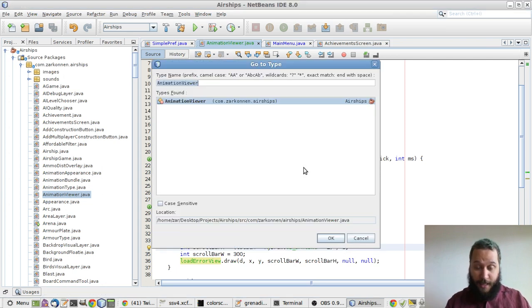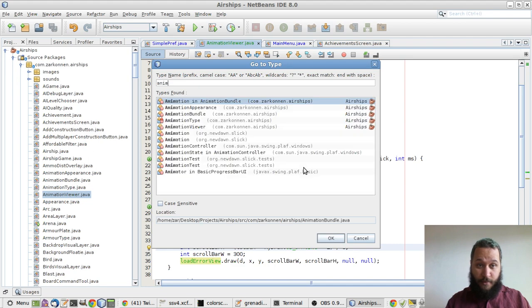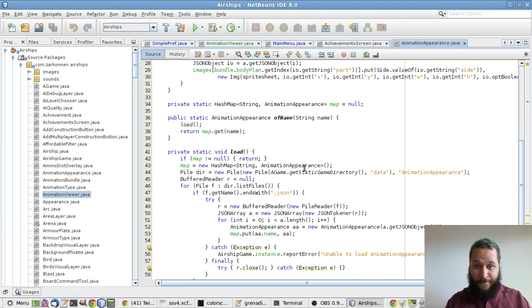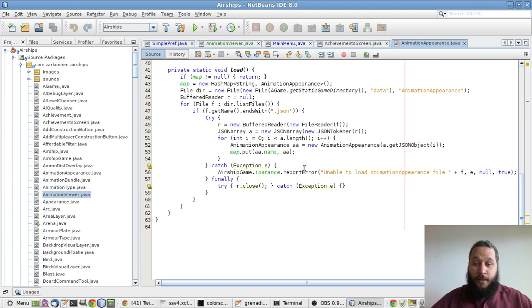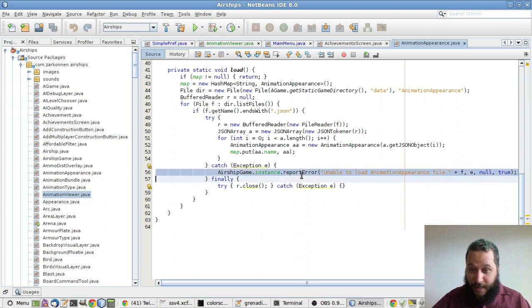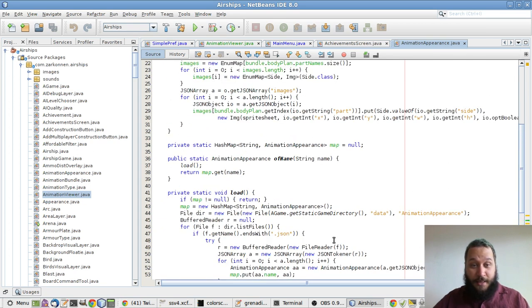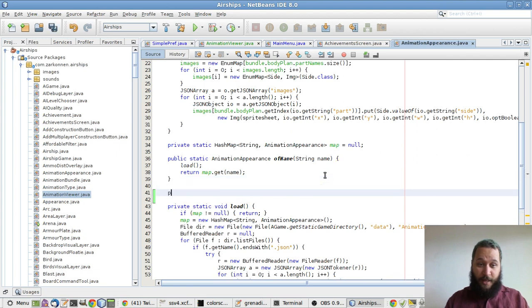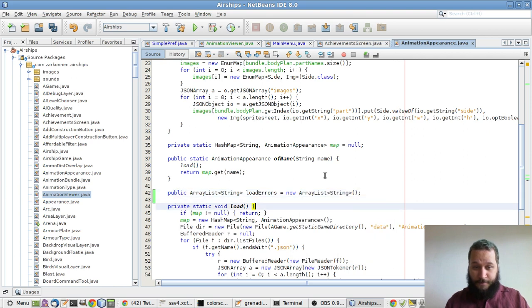Okay, and for this, we need to go into animation appearance. Now right now, when loading an animation appearance goes wrong, it actually just goes and cries home to mommy. It just reports the error into the canned instance of Airships game, and that's actually over the top. I don't really need to get an email every time someone mistypes something while making a mod. So we're going to do this differently. We're just going to have a public